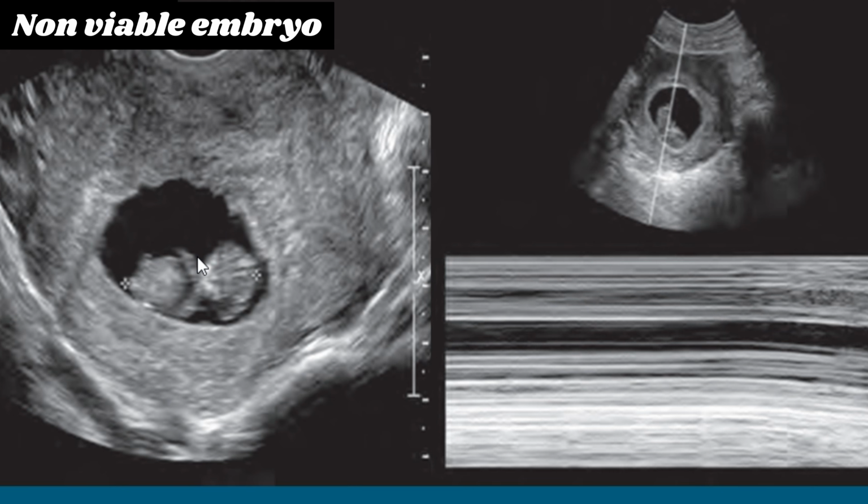And now this is the image of the embryo in a patient that shows the head and arms and also the body here, and the CRL, meaning the crown rump length, measurement is consistent with 9 weeks and 6 days. Although no cardiac activity was identified on the M mode here, an intrauterine pregnancy is confirmed because the distinct body parts are visualized, and the findings are consistent with intrauterine demise as a non-viable pregnancy, which can be diagnosed with no cardiac activity.